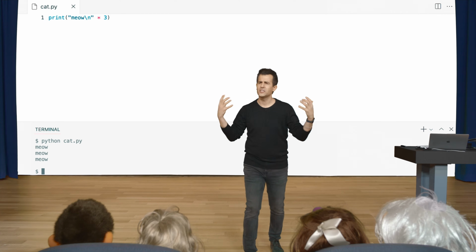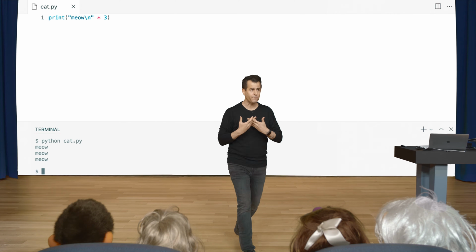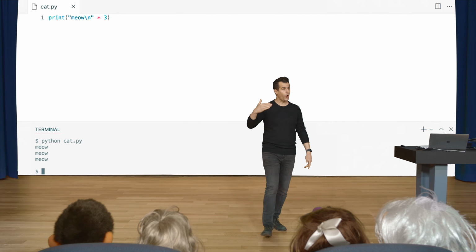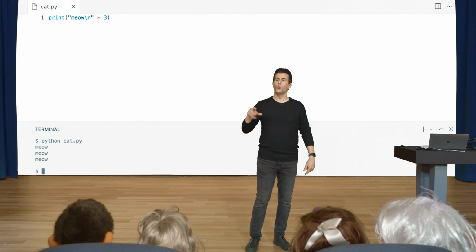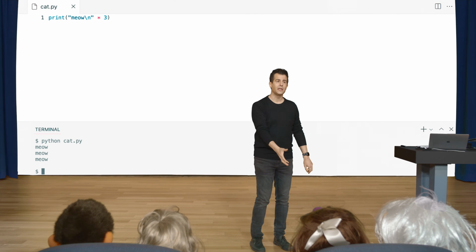I think we can make end equal to quote unquote, not backslash n. Yeah, so here too, like all of these things we've seen in past weeks are kind of coming together, right? Recall that the print function lets you control what the line ending is. By default, it's \n itself, which is why at the very end of this print, the cursor is being moved again to the next line.